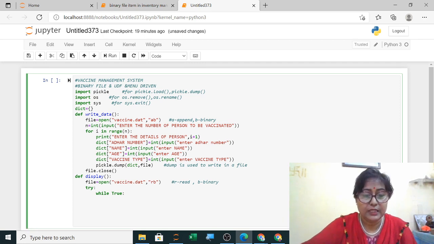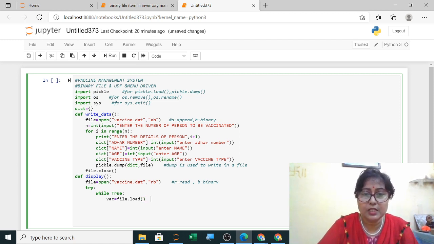Now for loading the file, I am using the load function. Here I am giving a name, vaccination. Any name you can give here. I have given a short name, and then I am loading. So I use the file dot load function to read the file and store it in a temporary variable, VSC.